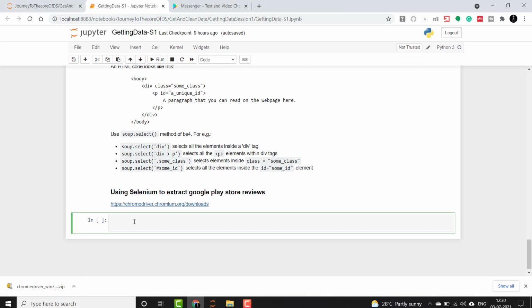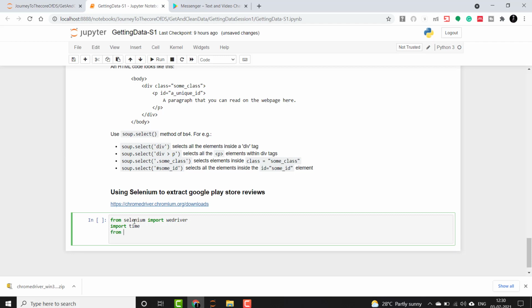So for it, I'll first load some libraries. So I'll say from selenium import webdriver, and then I will import time, and from bs4 import BeautifulSoup.